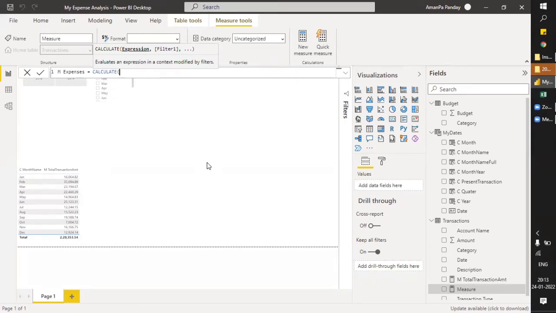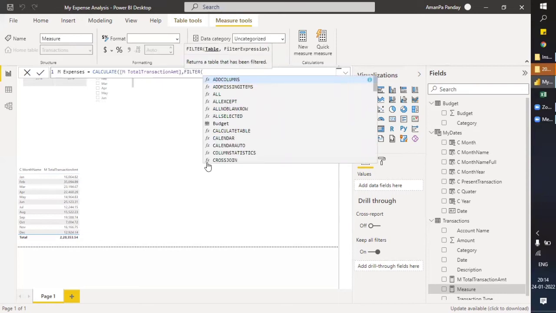So instead of doing any calculation in the expression parameter, I will just add a DAX measure here. How? Just start a square bracket and your previously created DAX measures will be listed. So far I've only created one, so it is listed here. Just select this.